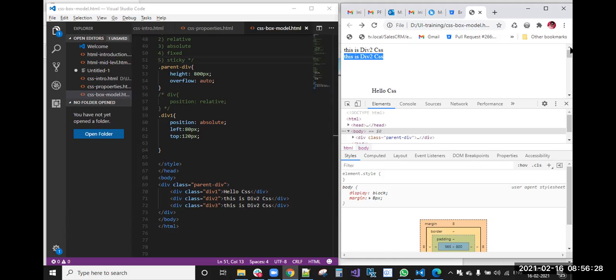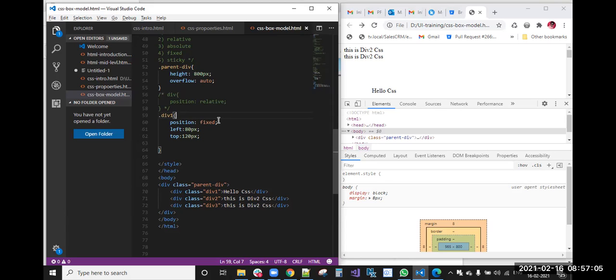Now you will understand why I'm telling this. Whenever I'm scrolling, that element will go on. So you have now seen the difference between absolute and relative. Next is the position fixed property. If you are applying the position fixed property, it will not be under the control of any element. The parent element for an absolute element is the relative element.